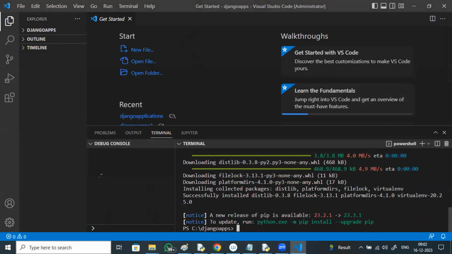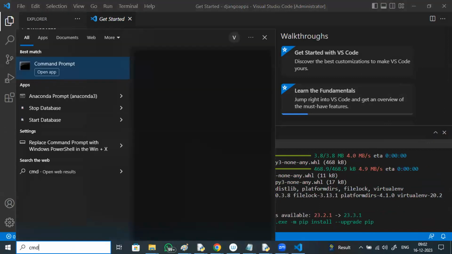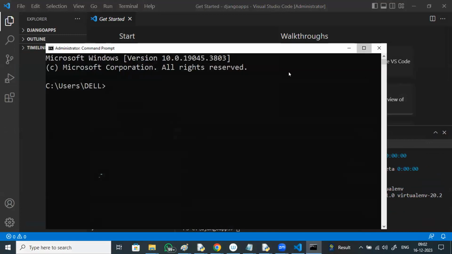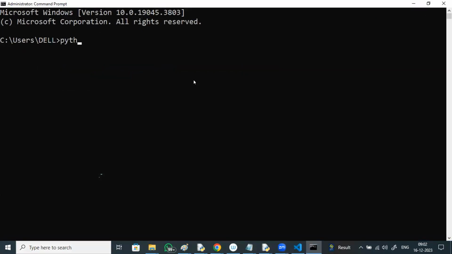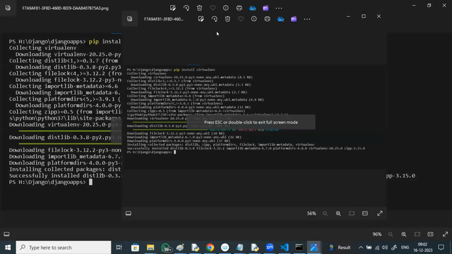Everyone, in the search panel type cmd and press enter to go to the command prompt. Type python and press enter. Check whether your Python is recognized. Can you see the version? What is it displaying in the interpreter? Check it, everyone. Yes, it's showing 3.11.4, whatever the version, 3.11 or 3.12.